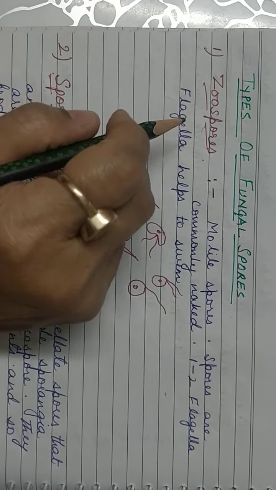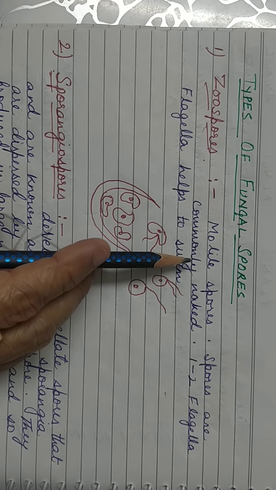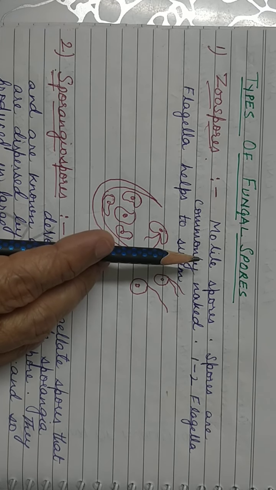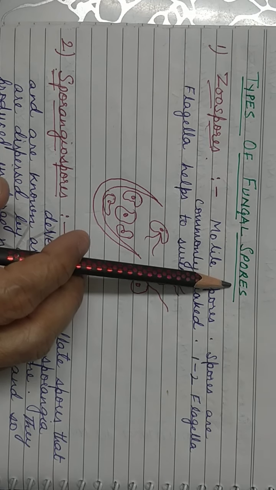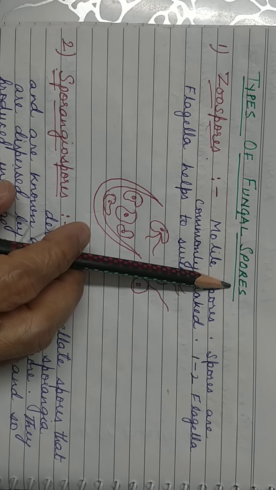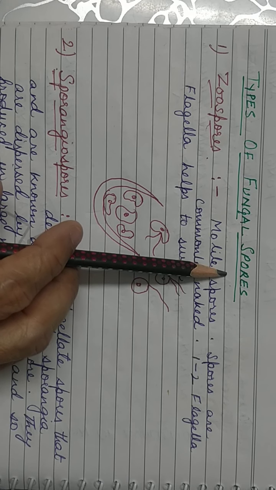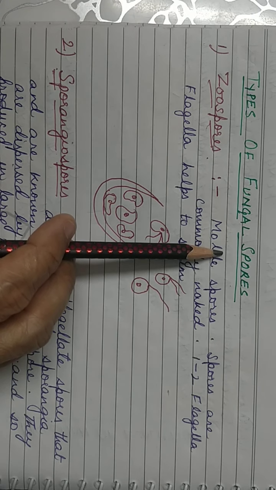Chapter 2 Biological Classification. This is video number 4. In this video we'll be talking about phylum fungi. But students, before we talk about phylum fungi, in this video I will be telling you about types of fungal spores. There are many different types of fungal spores, and according to these spores the phylum fungi is being divided into different classes. So today in this video we'll be only studying about the different types of fungal spores, and tomorrow I will be giving you the video of phylum fungi.